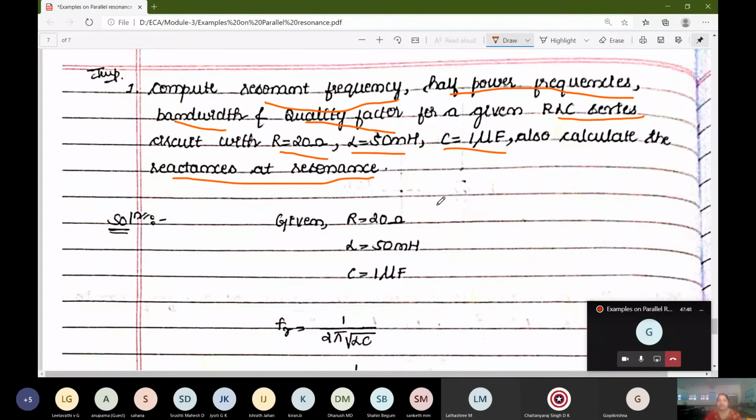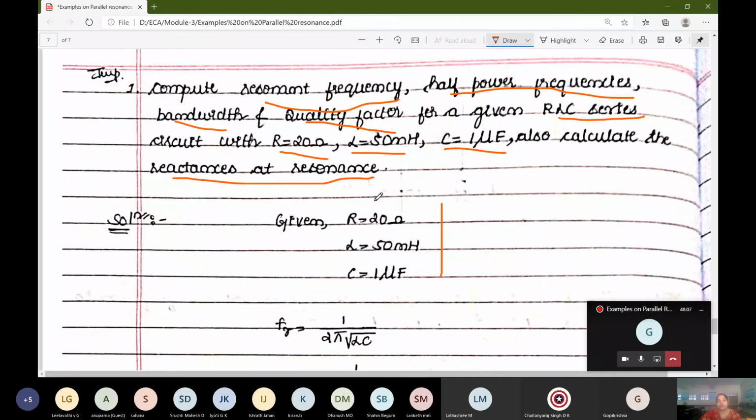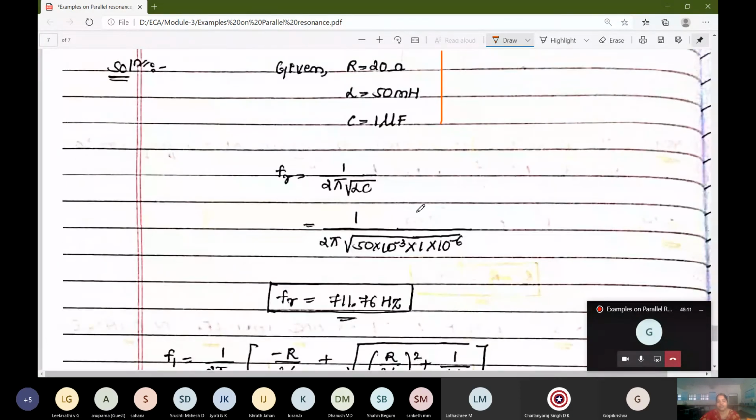Okay, XL and XC. So whenever they give direct substitution problems or problems where formulas are to be used, first write the given data. It is very important that you should write the given data. Whatever they have given, just write it. R, L and C is given, so write down and see what are the factors you have to find out. First find out resonant frequency, and please write the formula and then do the substitution. Don't go for direct substitution, because formulas also will carry marks.